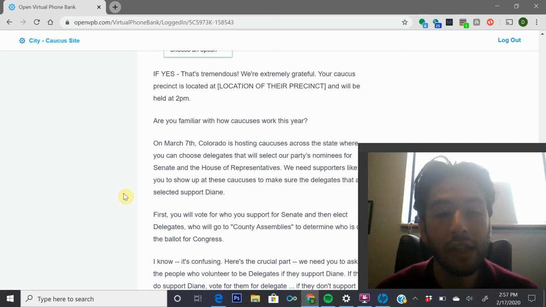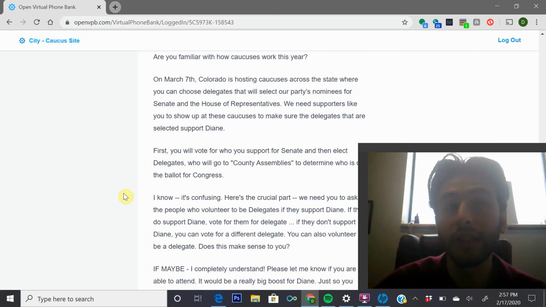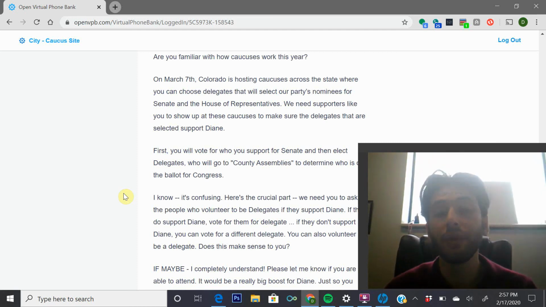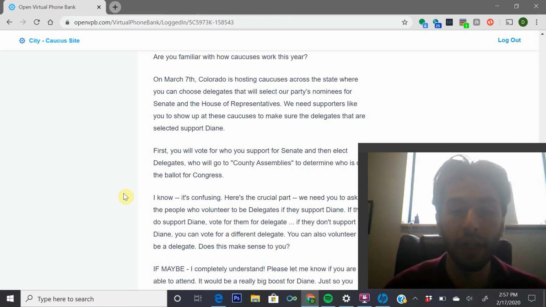So we want to make sure the delegates that are selected support Diane, because that's what's going to get us on the ballot and win us the primary and then win us the general election. So basically, the people who go there, we want them to either volunteer to be a delegate or to ask the people who do volunteer to be a delegate if they support Diane and vote accordingly.